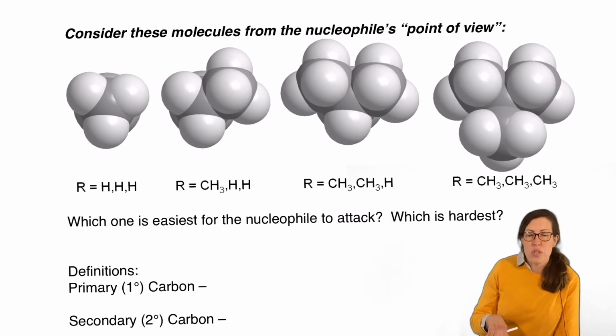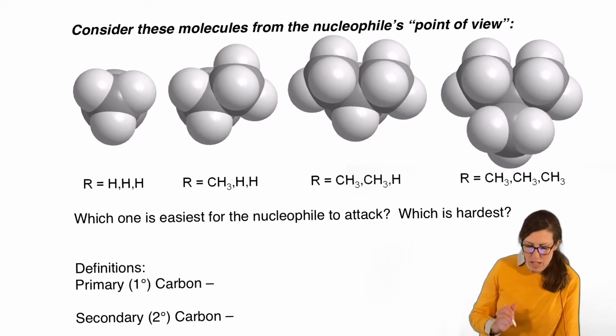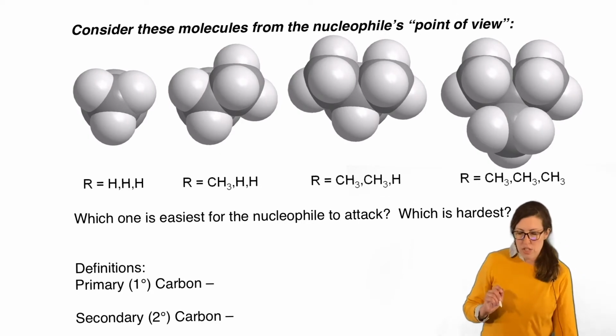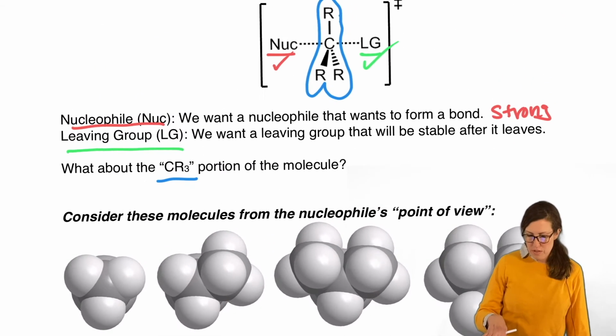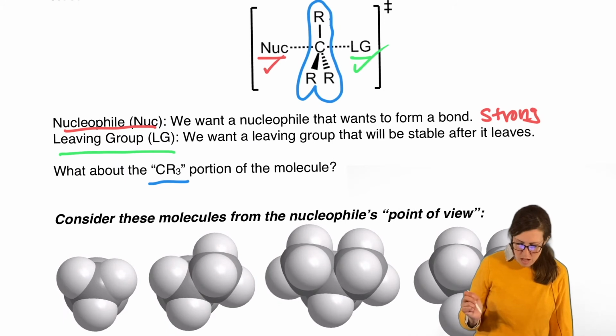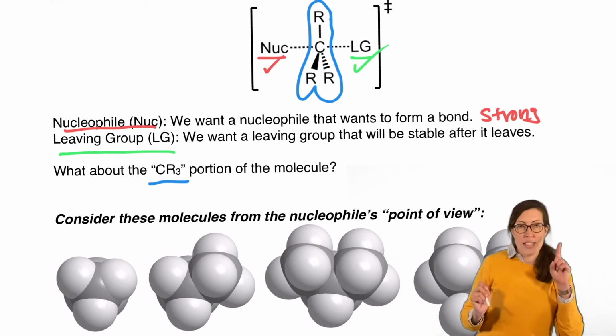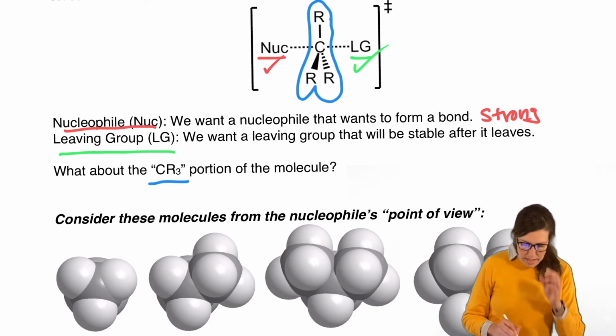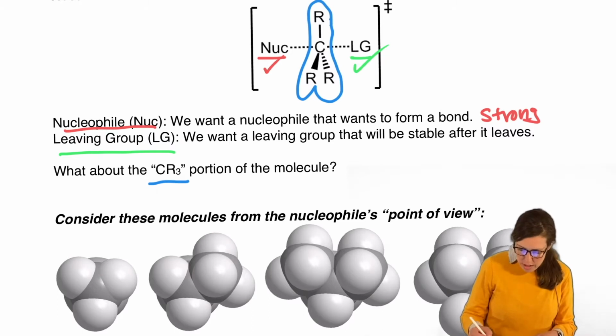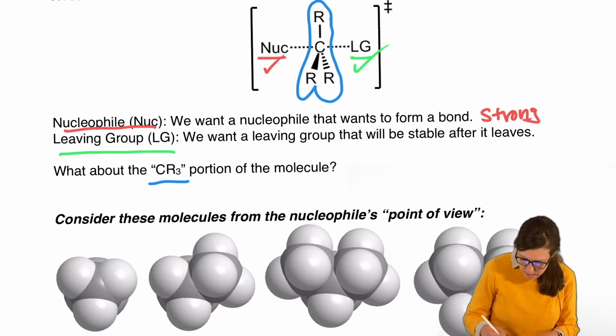What can these R's be? Let's suppose, so what we're going to do is turn this molecule around. I'm going to show you where I'm looking at it from. The nucleophile has not attacked yet, so it's a substrate still. And we're just going to look at it from here. So I'll try to draw it the same way it is in the transition state. R, C, and then we'll have R, R, and then here's our leaving group.